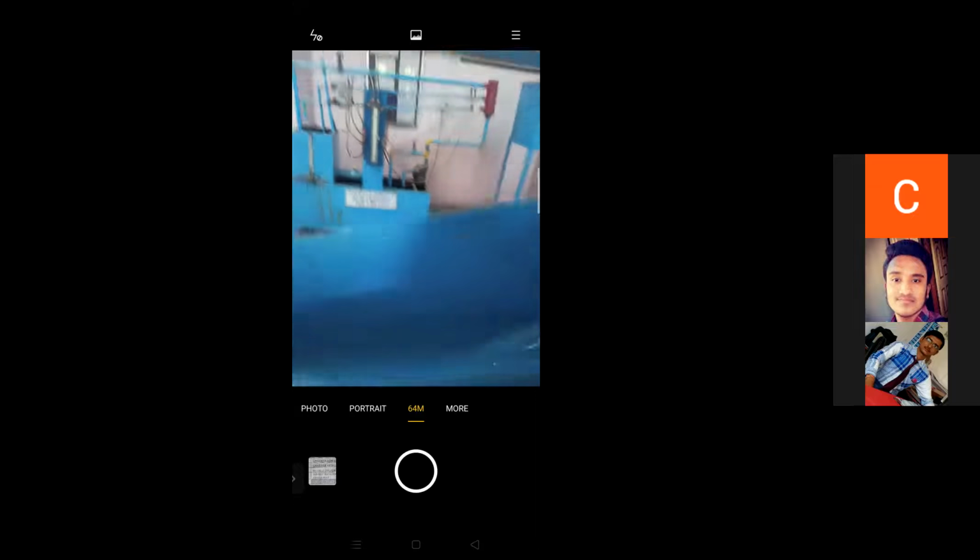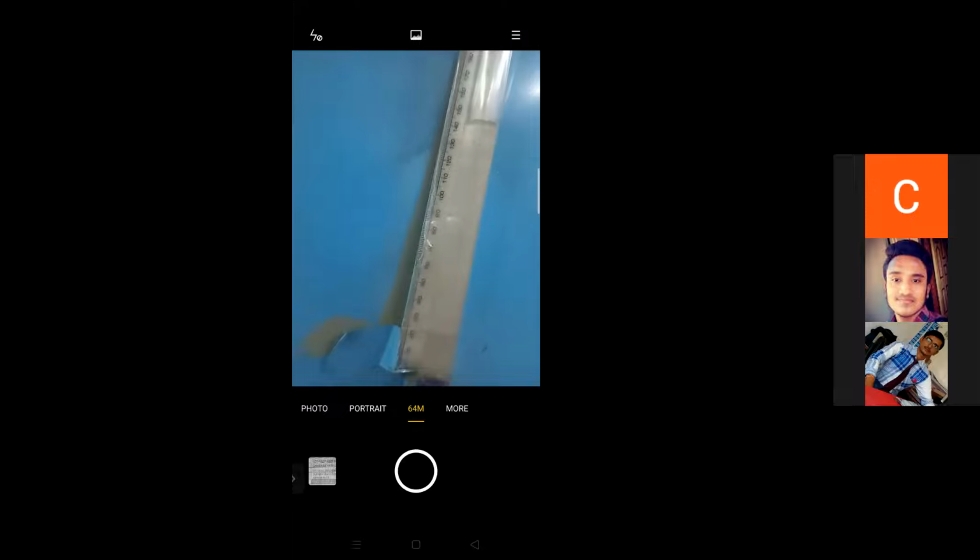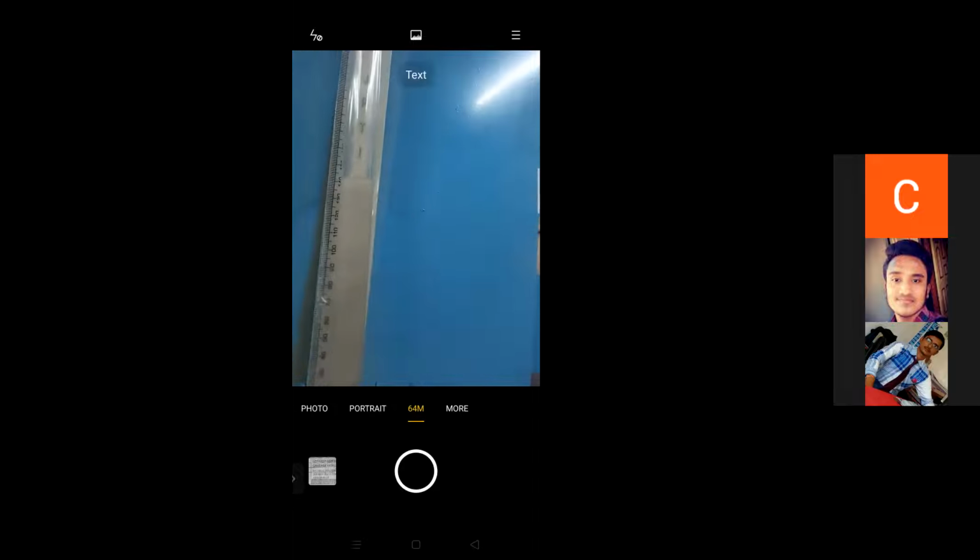Okay. Now let us see up to what level this water level will rise. To increase the water level more, I need to close this valve. Now you can observe there is a faster rise of water taking place inside this tank. So initially, let us say we will fix this water level at 140. Let us fix 140 at this place.